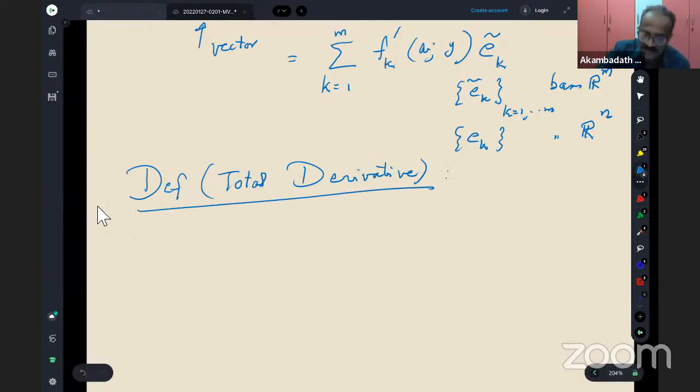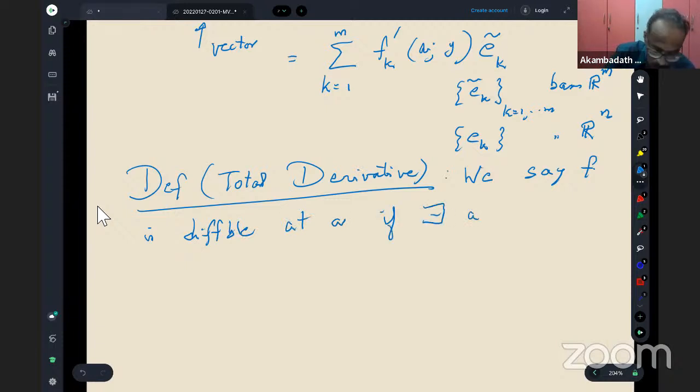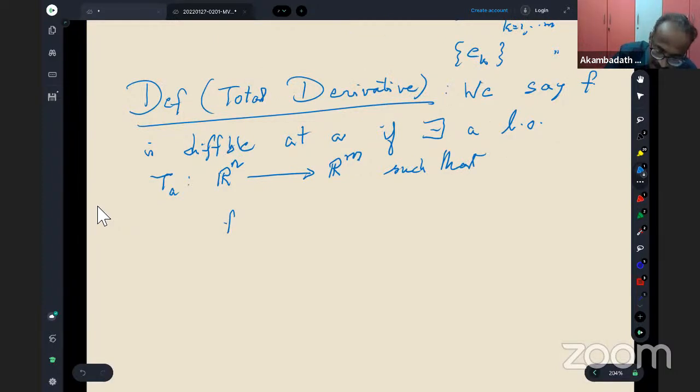I'll go a little faster than in the last couple of lectures, because we had done it elaborately in the case of scalar fields. We say f is differentiable, Fréchet differentiable, at a if there exists a linear operator or linear transformation T_a from Rn to Rm, such that, exactly the similar definition,